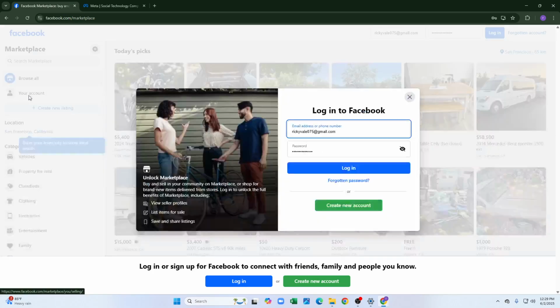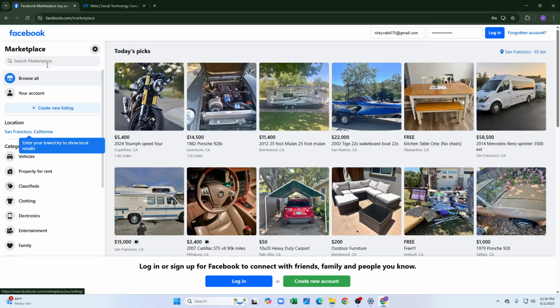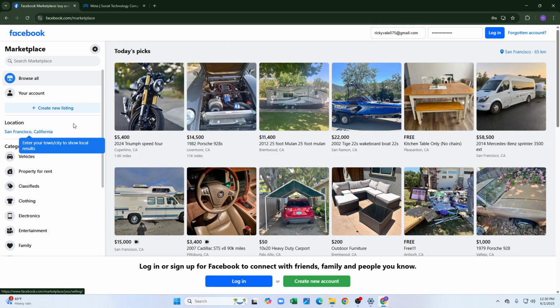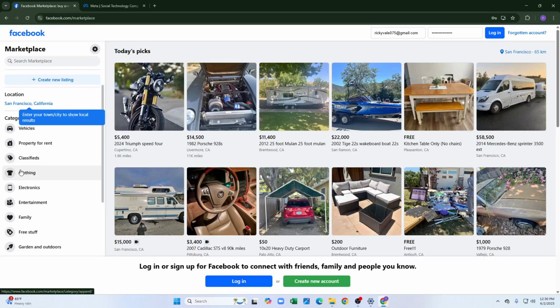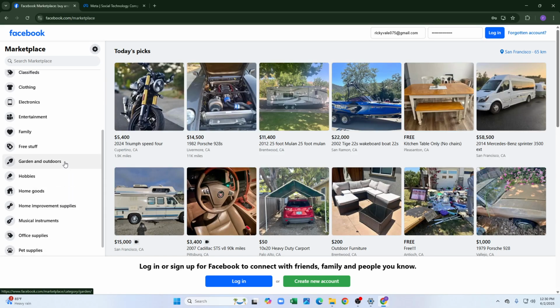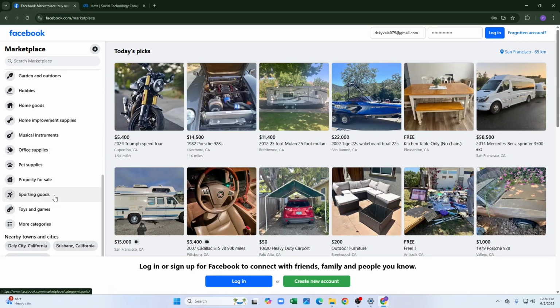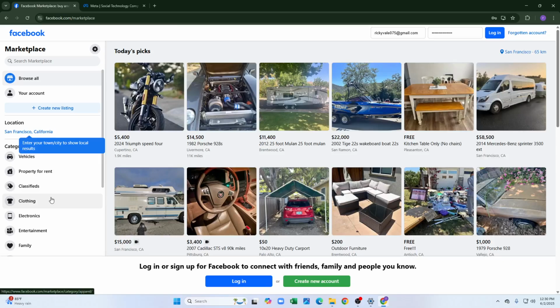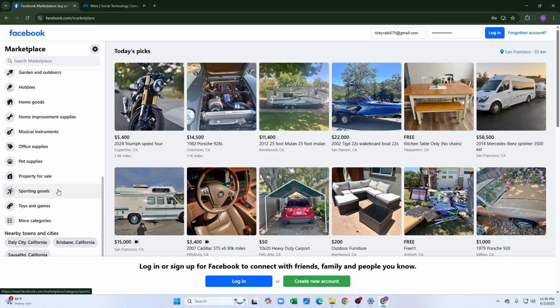So let me tell you something more about the marketplace. So as you can see, you also have to select the category of your product or services. Like here are some categories like vehicle, property for rent, classifieds, and clothing, electronics, entertainment, family, free stuff, garden and outdoors, hobbies, home improvement supplies, musical instrument, and many more. So after that, after selecting your location, you have to give your product a pricing